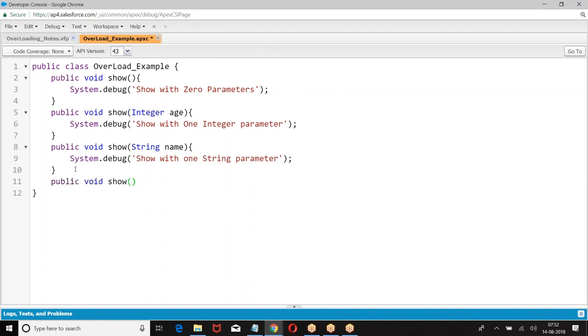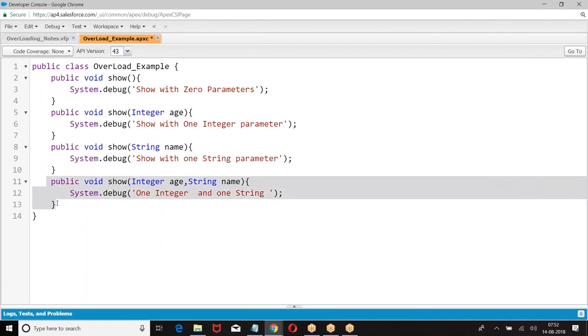Public void show, system.debug, one integer and one string. Now I have defined the next one.